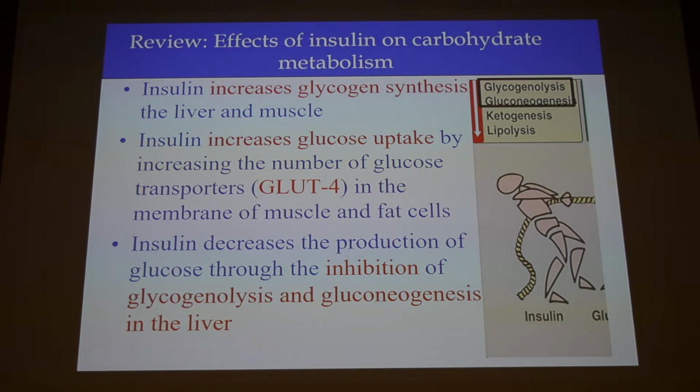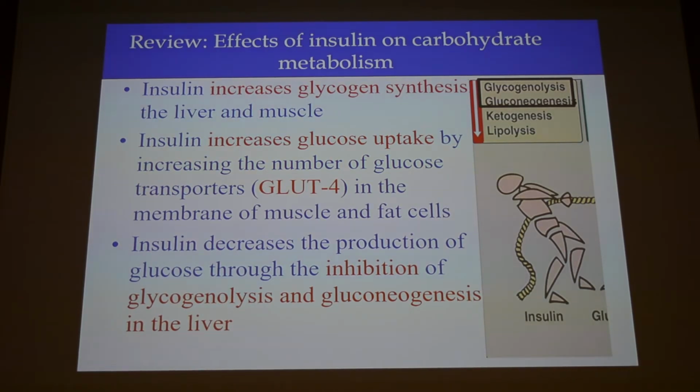High blood sugar remains. Glycogenolysis and gluconeogenesis are going on and on and on, regardless of whether the patient has eaten or not. His liver is constantly making glucose. What else? Increase in ketone bodies. Fat breakdown. So the blood sugar will go up as a result of this continuous gluconeogenesis.